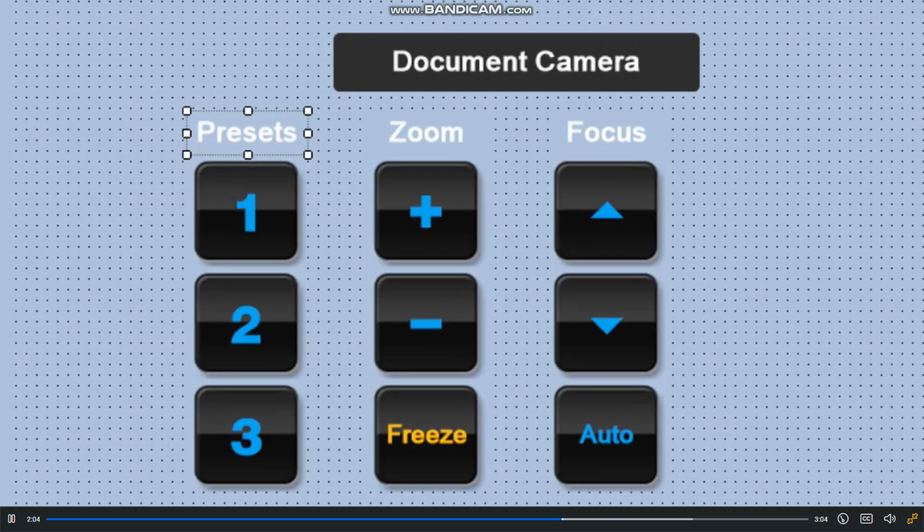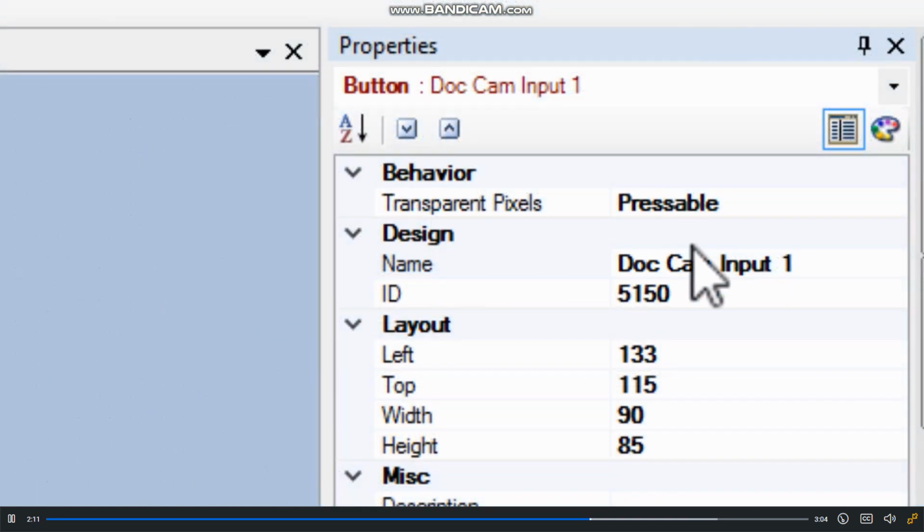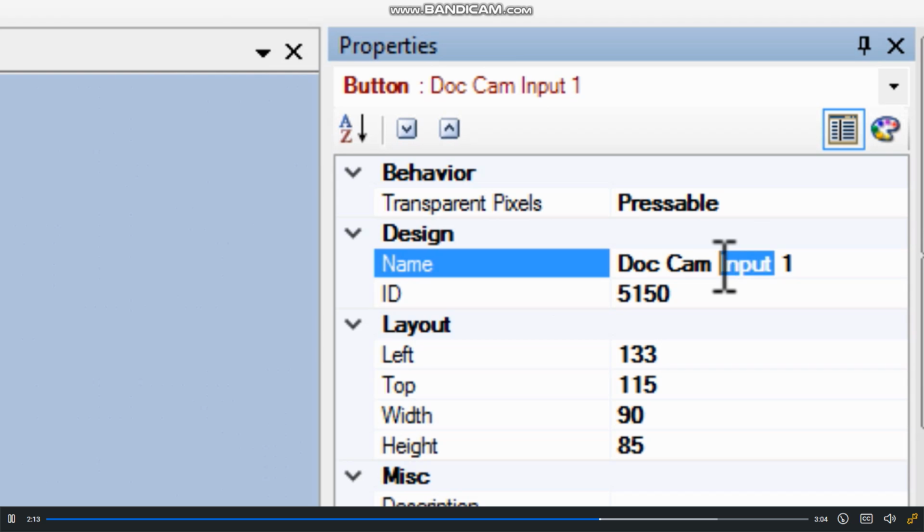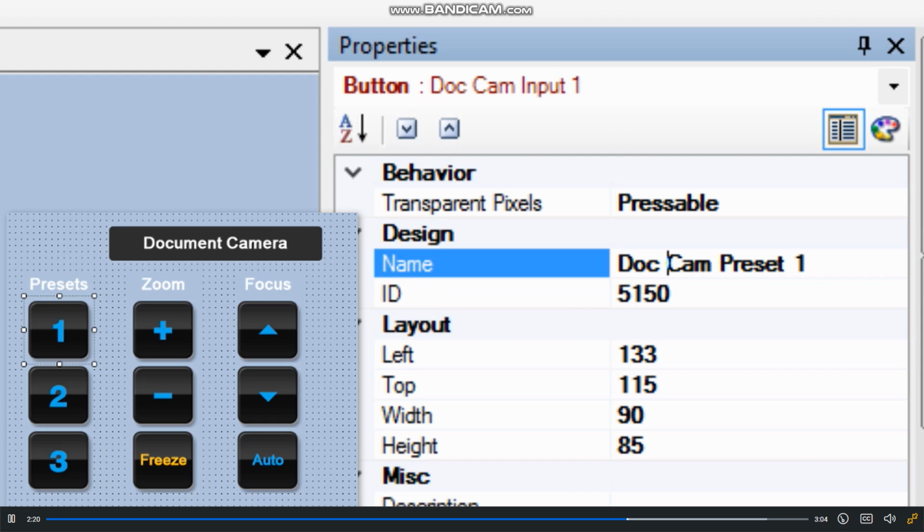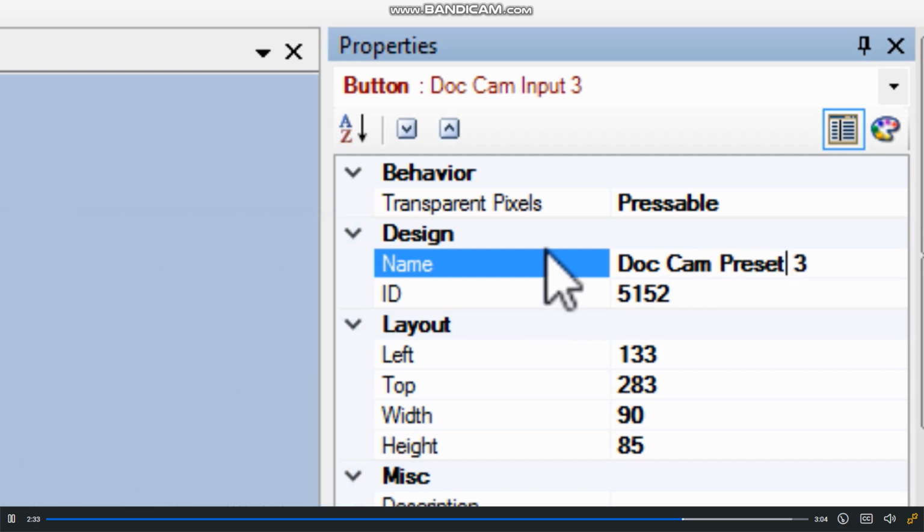Now let's do the same for the button properties that correspond to presets 1, 2, and 3. So under the design properties for button 1, let's go to the name, remove Input, and change the label to DocCam Preset 1, DocCam Preset 2, and Preset 3, respectively. Finally, we want to make sure all our buttons